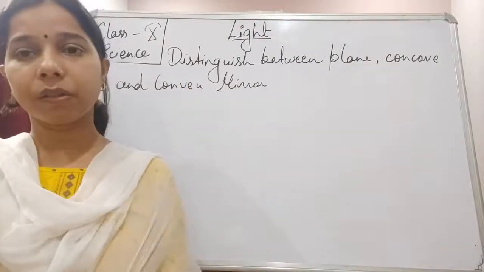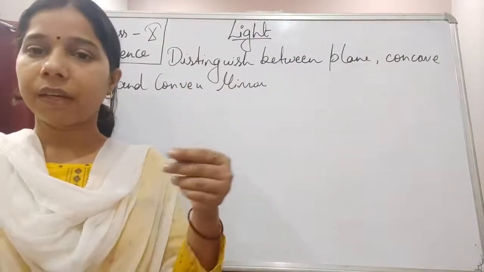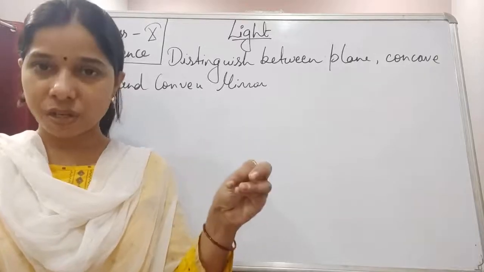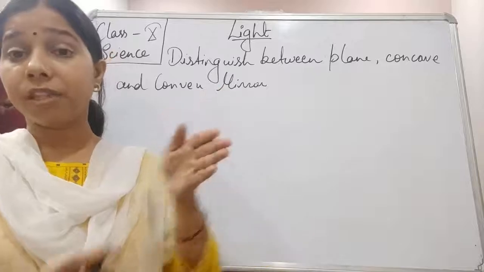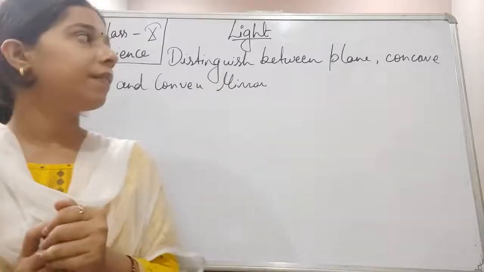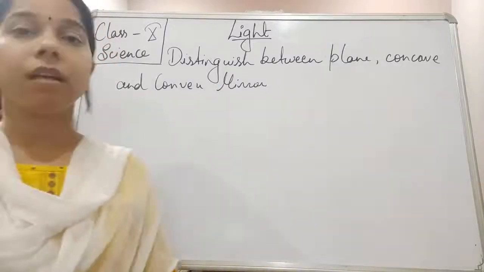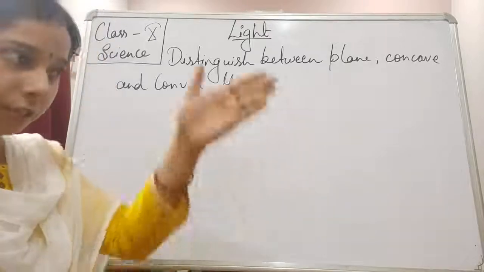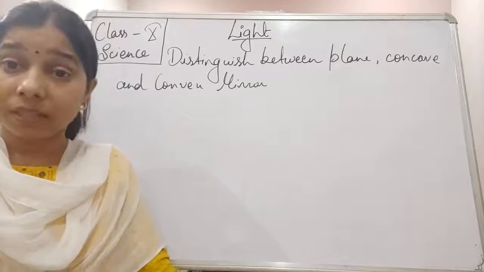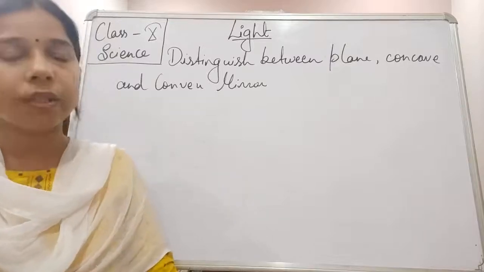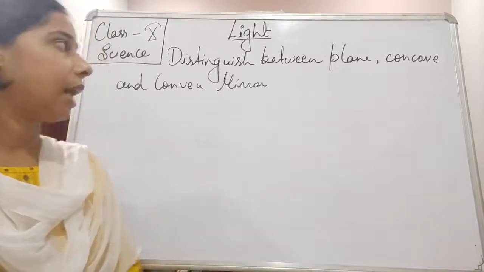If you are having all the three mirrors, we will touch it. If it is showing some depression, then we will say it is a concave mirror. If it bulges out a little bit, we will say it is a convex mirror. And if it is a plain one, then we will say it's a plane mirror. With touching, it will be quite easy, very easy to understand.